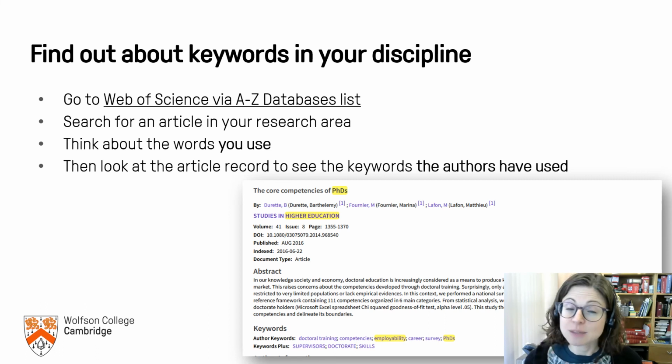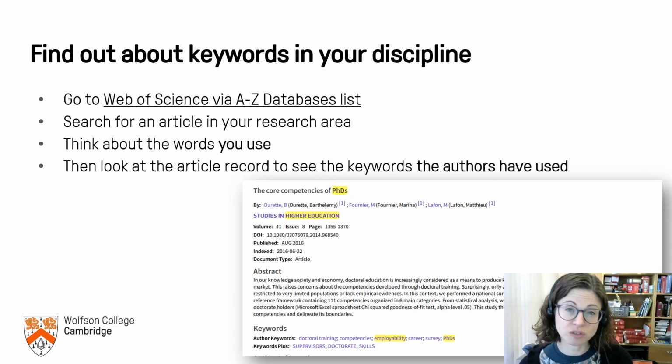And this is an opportunity for a little bit more hands-on time in this workshop. Go to the A to Z database listing. As you know, we've got about 1,500 databases. They're in all different subject areas, so you might be more familiar with one than another, but perhaps Web of Science is great because it covers all disciplines, or Scopus, International Bibliography of Social Sciences, or PubMed, or JSTOR, all sorts of different databases. Search for something in your area, see what comes back.